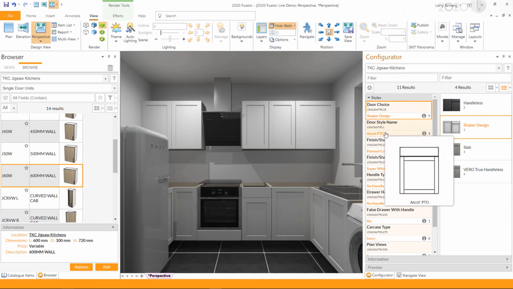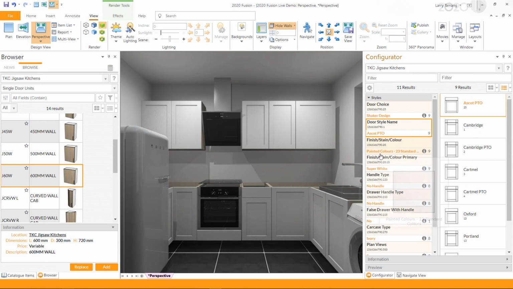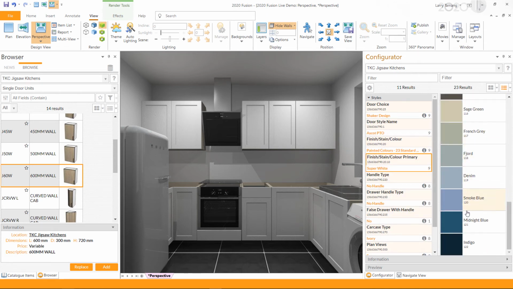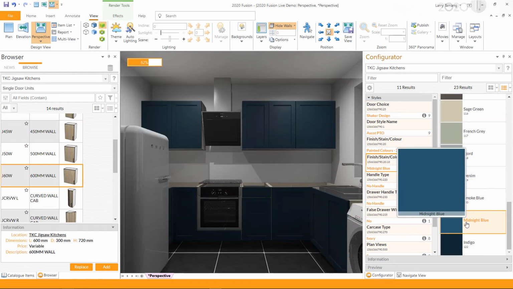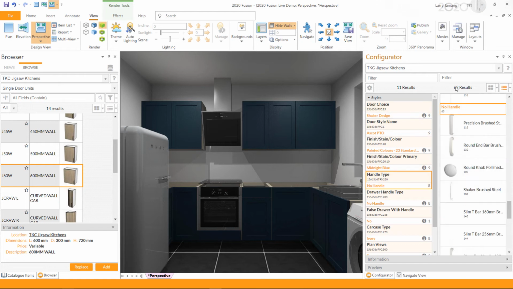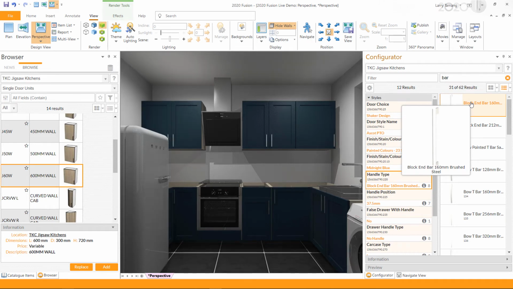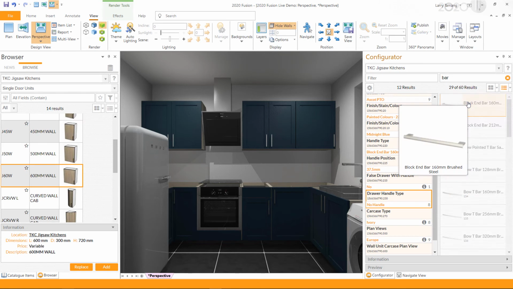Next, you can change the door style according to your requirement. I'll go with the current settings. In the same way, I will change the color of my units. And add bar handles to my doors and drawers. So with just a few clicks within the configurator, we are able to quickly set the style of your design in